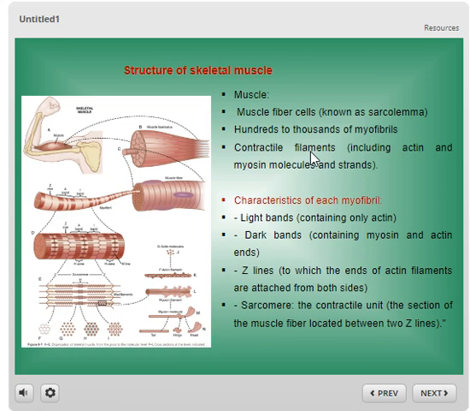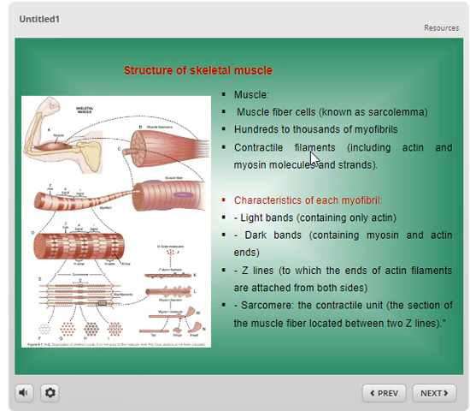In the characteristics of the myofibril, we have two bands, light bands or I bands and dark bands or A bands. The light bands contain only actin filaments. They appear lighter under a microscope, and the dark band or A band contain both myosin